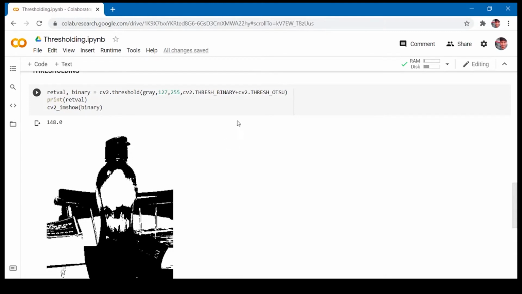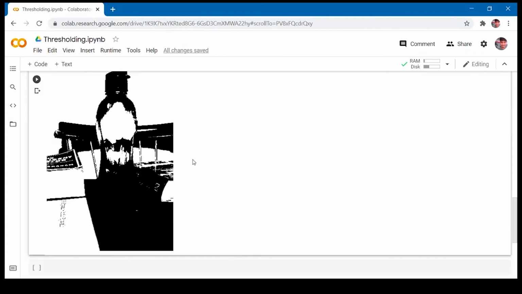As you can see, the Otsu's binarization method calculated the threshold value as 148. But unfortunately, this Otsu's binarization method also doesn't work for our image. So we will now study about another function called cv2.inRange.